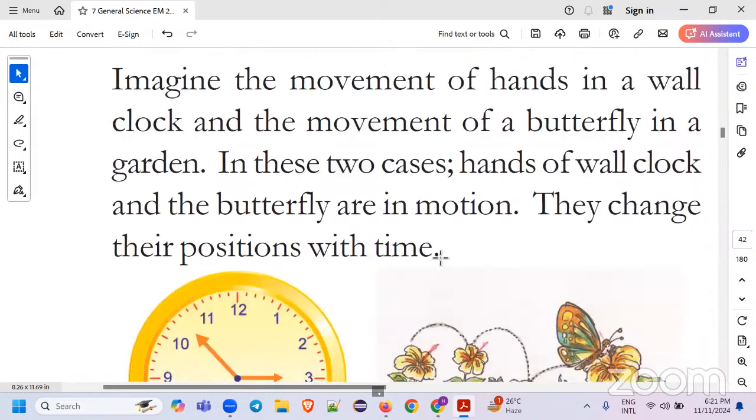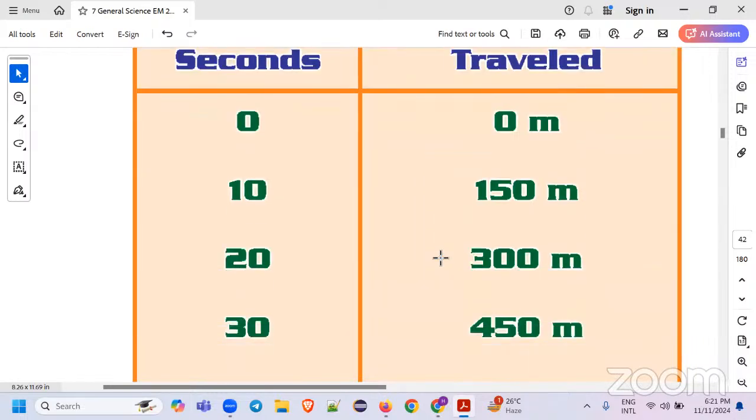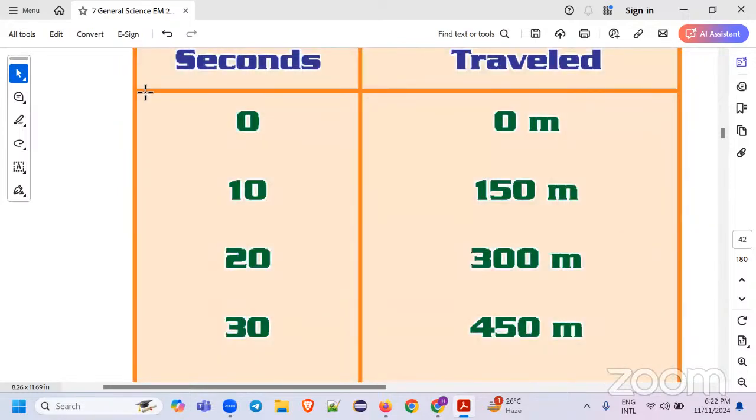Let us take a simple example to understand this. A table has been provided. At 0 seconds, the object is at 0 meters. The object moved for 10 seconds. The difference is 10 seconds. How many meters did it travel? 150 meters. Then from 10 seconds to 20 seconds,